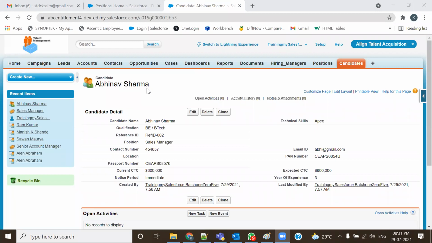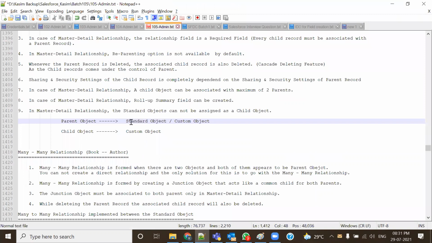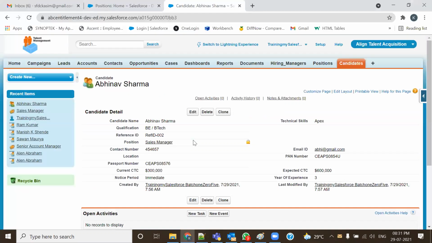No. कभी नहीं लिख सकते। याद रखिए कि whenever there is a requirement कि आपको स्टैंडर्ड ऑब्जेक्ट को चाइल्ड बनाना है, ठीक है, तो वी डोंट हैव एनी ऑप्शन अदर देन द लुकअप, क्योंकि लुकअप ही ऐसी रिलेशनशिप है जिसमें चाइल्ड स्टैंडर्ड रह सकता है, क्योंकि मास्टर डिटेल में तो बड़ा स्ट्रिक्ट है। मास्टर डिटेल में अगर स्टैंडर्ड है तो पेरेंट ही रहेगा, स्टैंडर्ड कभी भी चाइल्ड नहीं बन सकता, है ना।